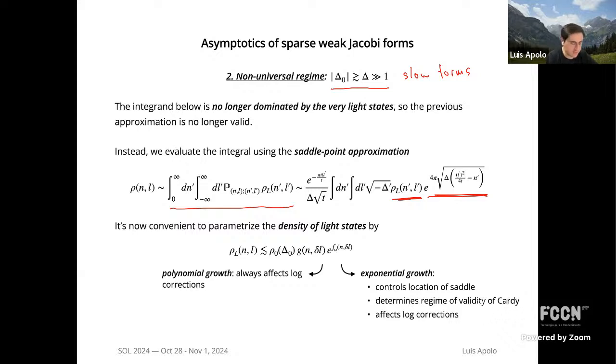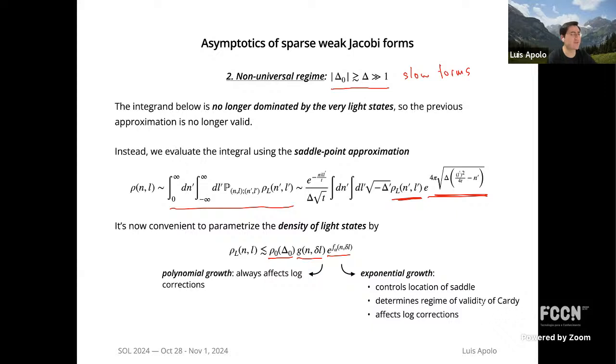And so it is convenient to have another parameterization of the density of light states of slow growing forms, which I have written here. So what I've done is I've explicitly written down the contribution of the ground states. I've written some polynomial growth that will affect the logarithmic corrections. And then I have still this exponential growth, which is characteristic of slow growing forms, okay? And with this